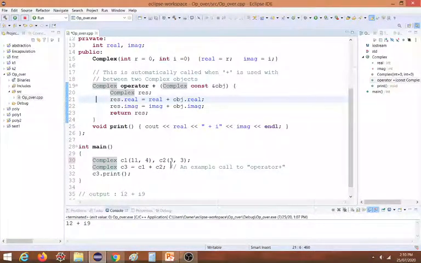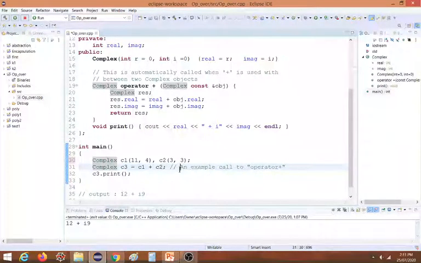Remember this. So this is how to overload the operator plus. Now this line is an example of calling the operator plus with complex numbers. Okay, so this line allows us to overload that operator. This line overloads whatever the meaning of that plus is.